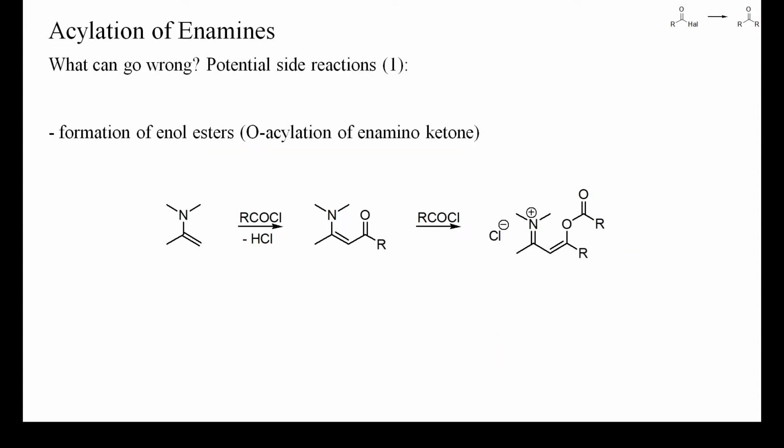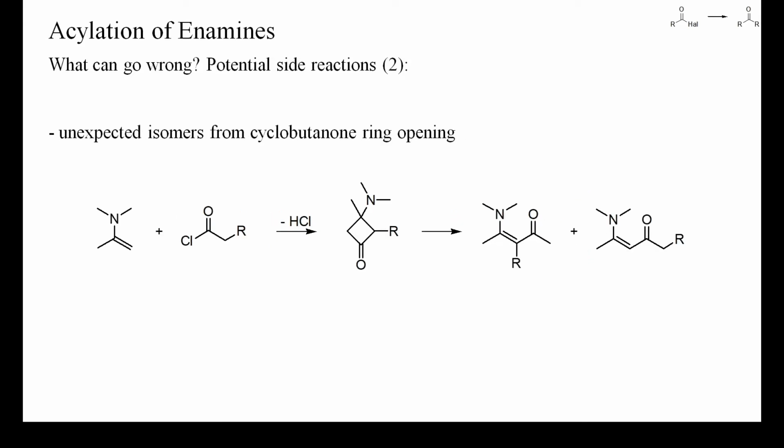As already mentioned, and as shown by the last example, enaminones can be acylated both at carbon and at oxygen, which would consume one additional equivalent of acyl halide. The oxygen-acylated enaminones are, however, still potent acylating reagents that could still be able to acylate the starting enamine. If ketene formation leads to cyclobutanones, these may yield two different products upon ring cleavage. Thus, intermediate ketene formation can lead to unexpected isomers.